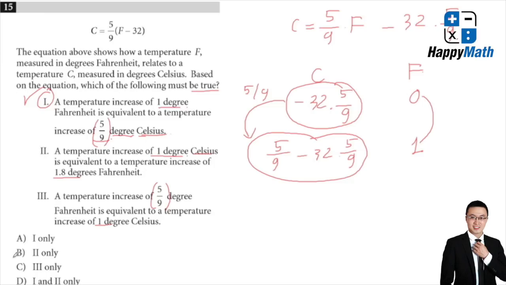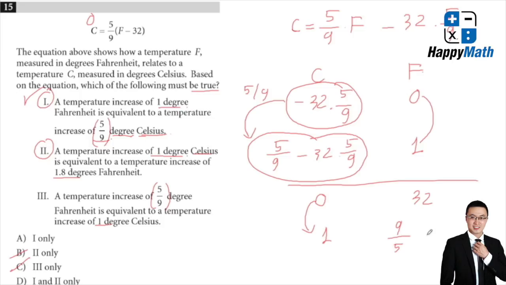Where is 1 here? B has no 1, C has no 1, so only A and D. Step 2: increasing 1 degree Celsius, C, I will start with 0. When C equals 0, it means F equals 32. Quite easy, make the substitution for C equal to 0. So when C increases to 1, F will be equal to, C will be changed to 1. So F will be equal to